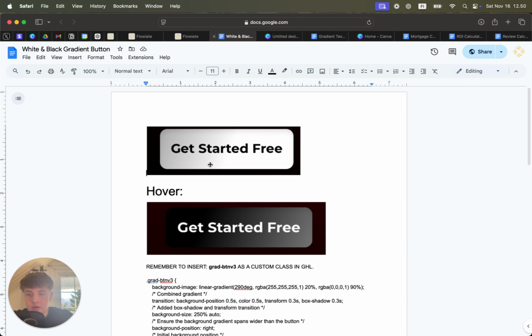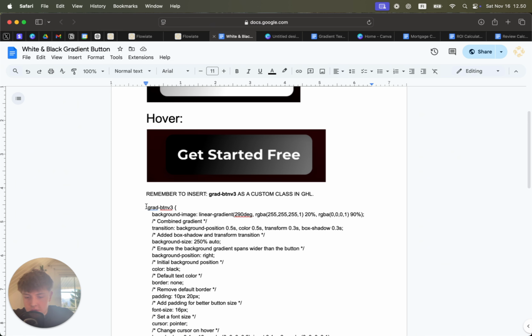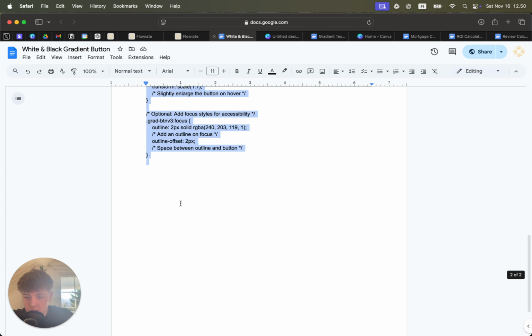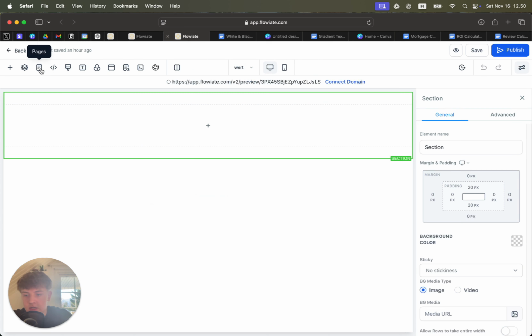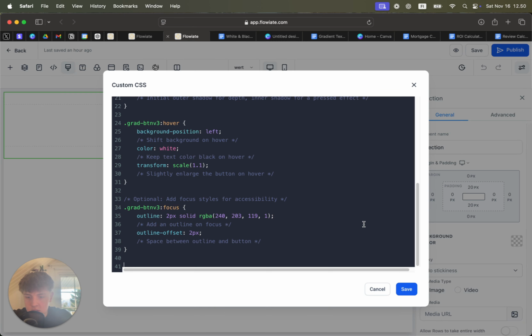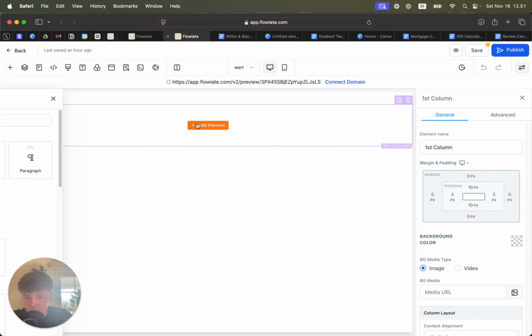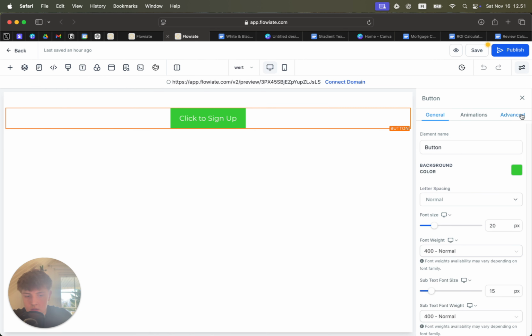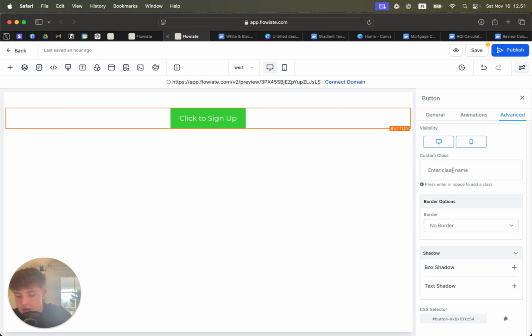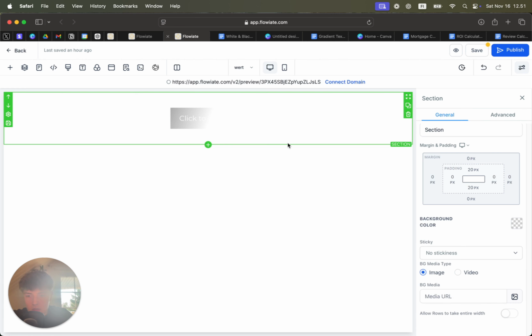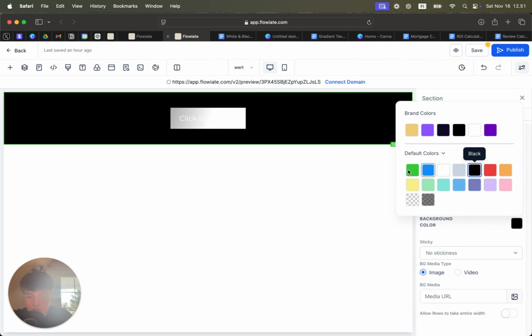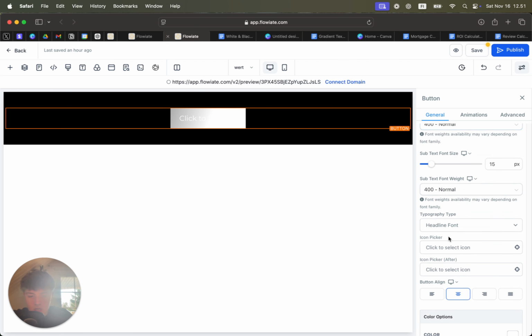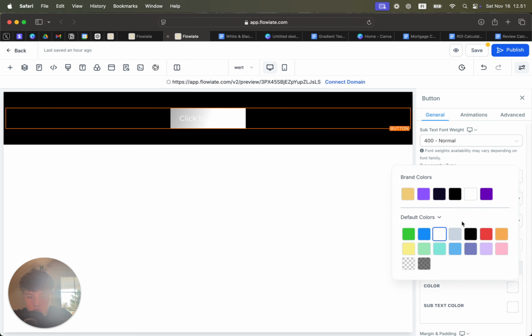So first off, the gradient button. You're just gonna copy this code and apply it to your GoHighLevel custom CSS. Then add the button here and apply grad bottom v3. And obviously it looks terrible right now, so what we're gonna do is change the background and the fonts to